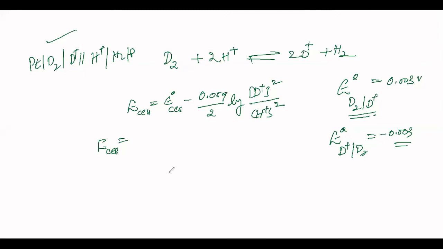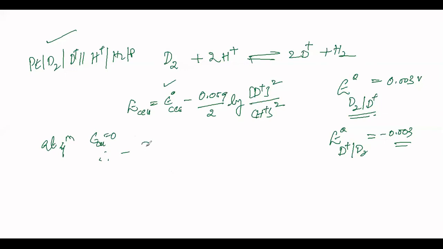Okay. It is basically, okay, not required because equilibrium concentration, isn't it? So at equilibrium, E cell will be 0. So I was thinking about this is 0 at equilibrium. This we can calculate. Sufficient data. Okay, anything else is not required. So because it is at equilibrium, E cell is 0. So this will be at equilibrium. You can write this equation as E cell is equal to 0.